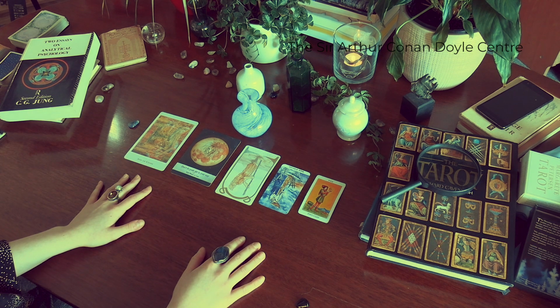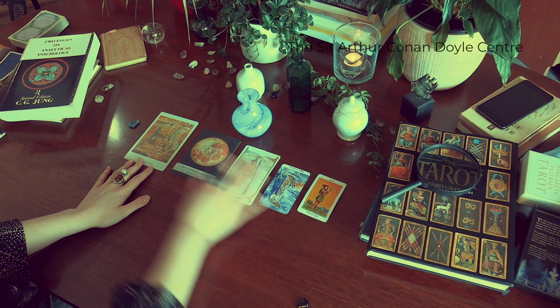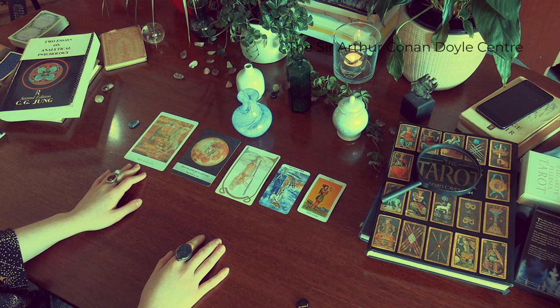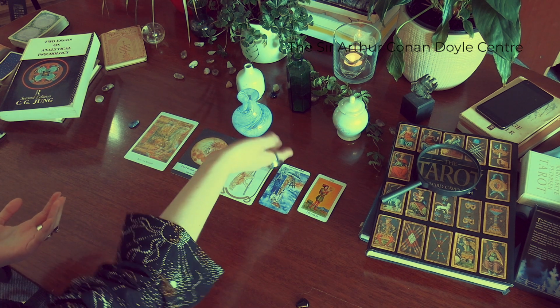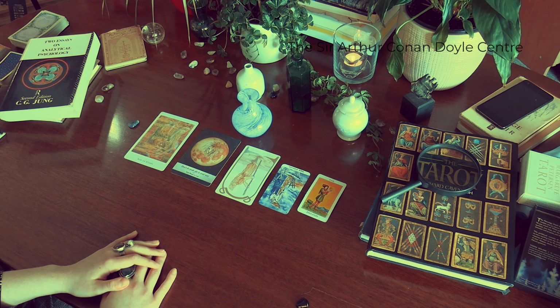Also with the colors that I'm seeing here, so in this card and the Page of Pentacles here, even this Full Moon in Leo, there is a lot of yellow and orange colors. And to me, these are very optimistic, very vibrant, very warm colors. So despite this gentleness here with all the swirls and all these colors with the vase, there is warmth about you. There is a lot of